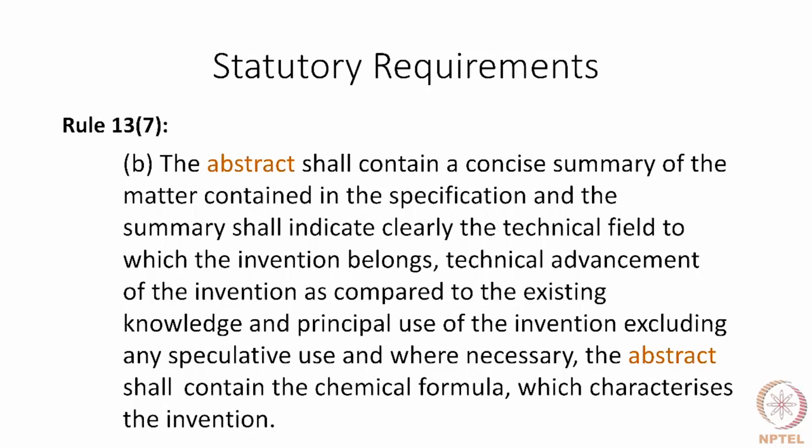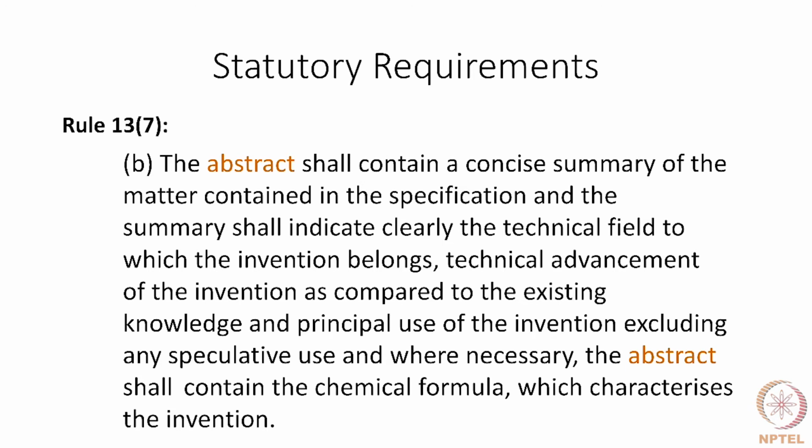The abstract, clause B, continues. The abstract shall contain a concise summary of the matter contained in the specification. So the abstract is a summary, and the summary shall indicate clearly the technical field to which the invention belongs. So the field of invention has to be mentioned in the abstract. Technical advancement of the invention as compared to the existing knowledge. So some kind of an advancement has to be demonstrated, and principal use of the invention, excluding speculative use, and